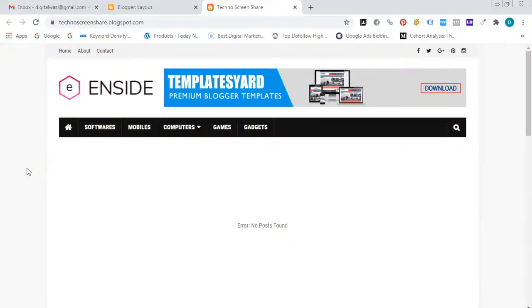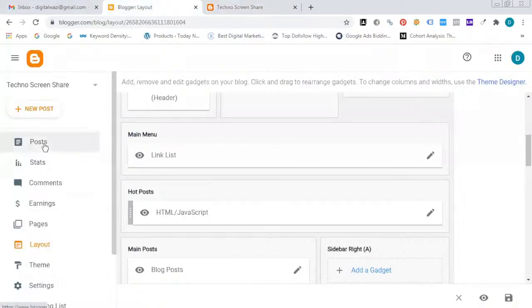Pages we create only one time, like the About Us page, Contact Us page and Services page. The About Us page describes the blog, the Contact Us page gives the location details, and the Services page lists what services are offered. Only one time we create these pages, but blog posts we keep on publishing. Daily we are updating posts. Any content you want to publish, you use the post option.